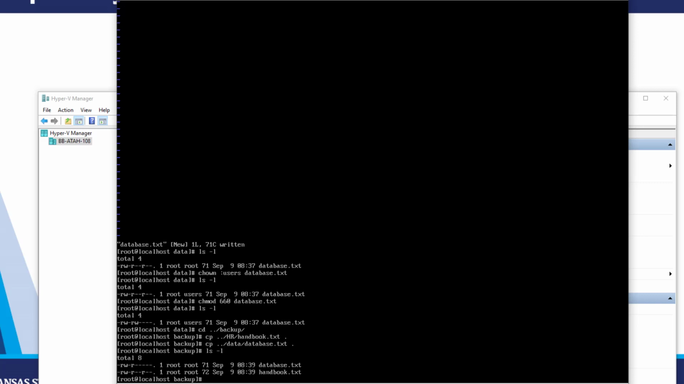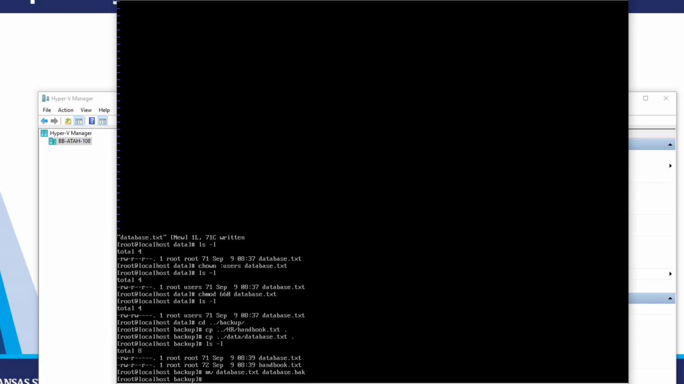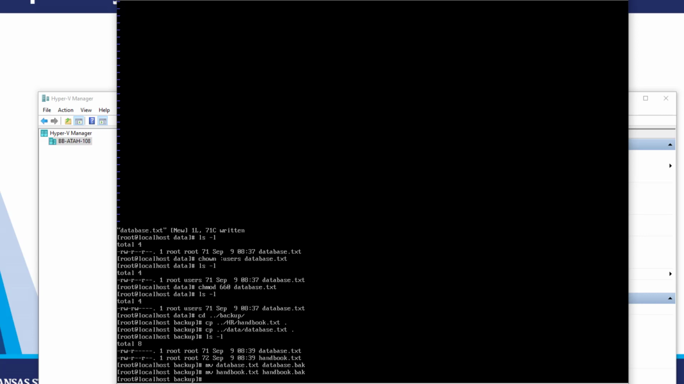Viewing with the ls command, I see the 2 files have been copied. Next, rename the files so that they have a .bak extension. The move command renames files. Type the file name, followed by the new file name. In this case, we're just changing the last 3 letters. Now I'll back out